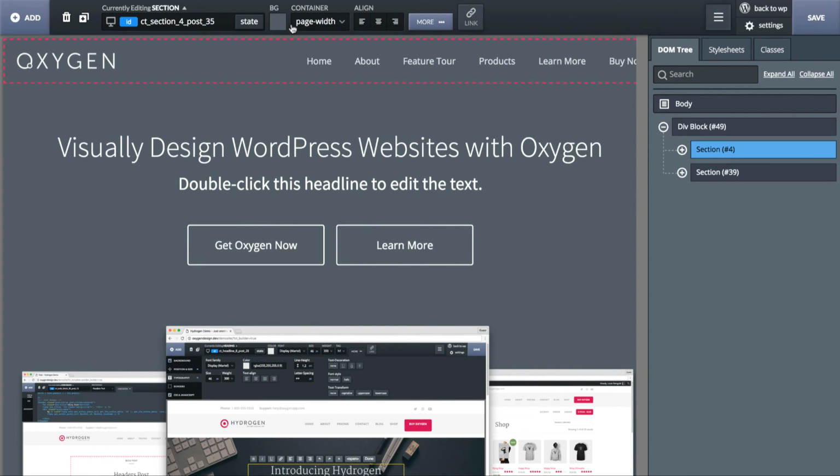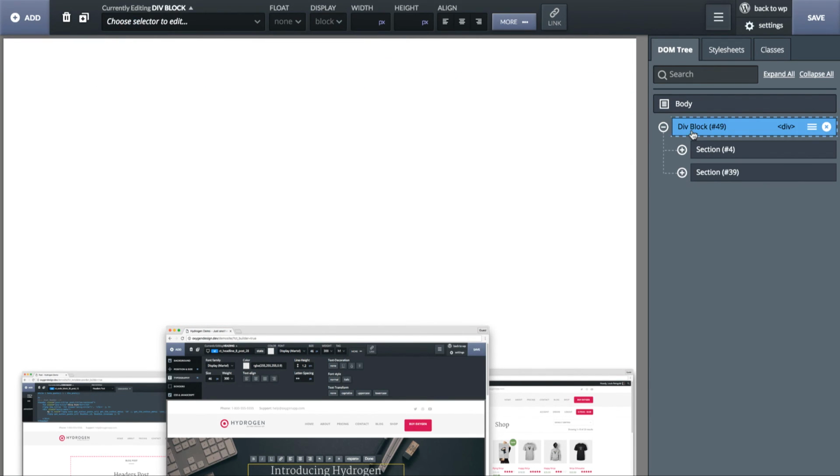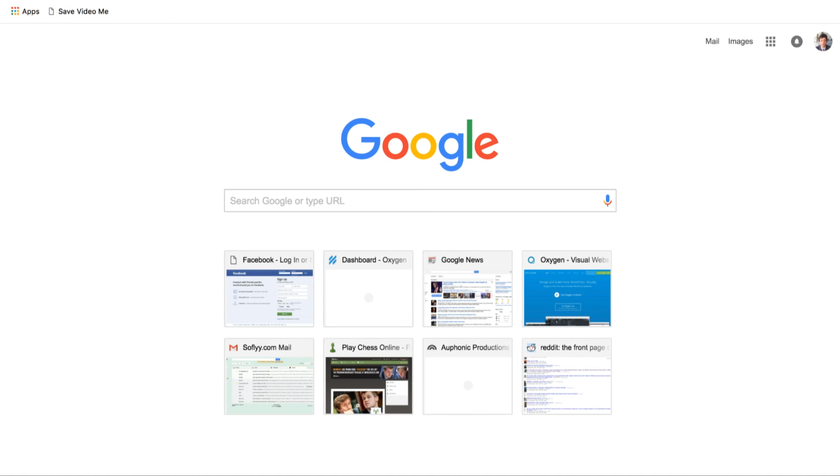And we'll remove the background color from the header section, and remove the background color from the hero. And then we can style them both by editing the background color of the div. But what if we want to use a fancy gradient background? So I'll go over to uigradients.com